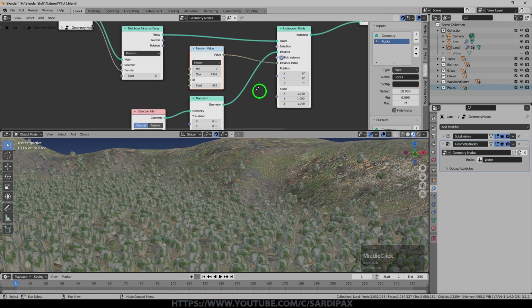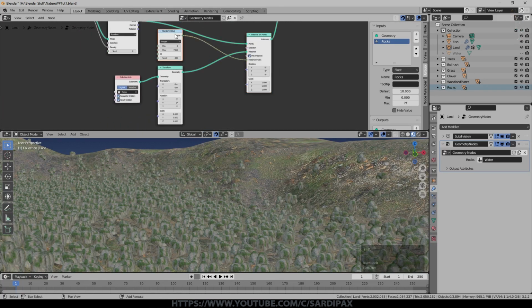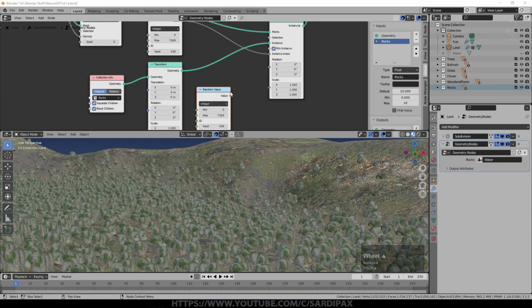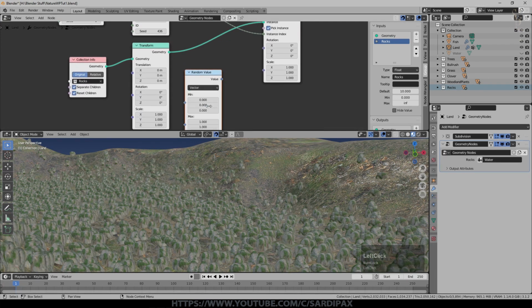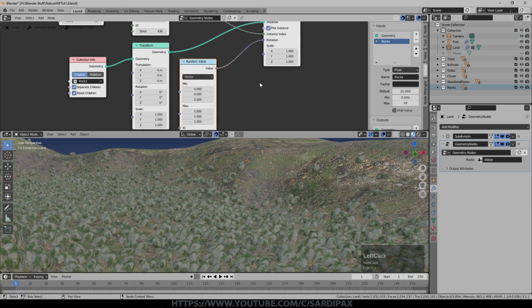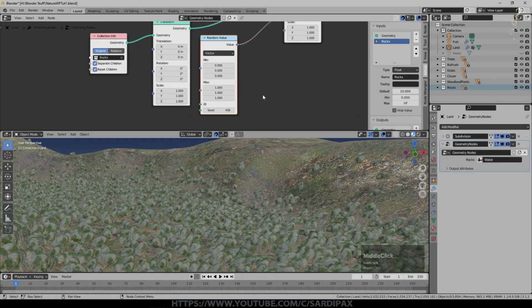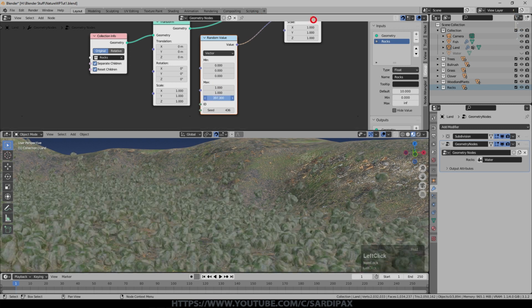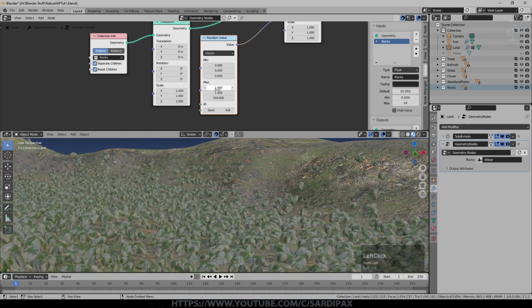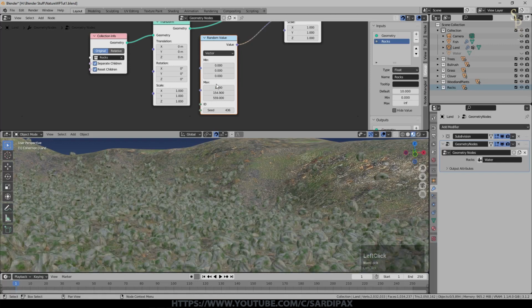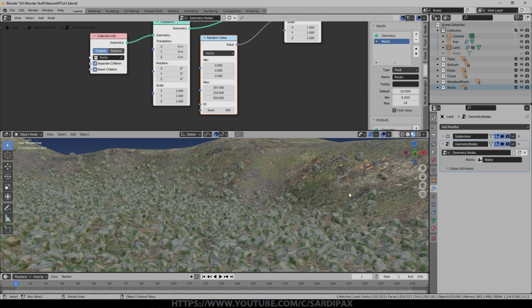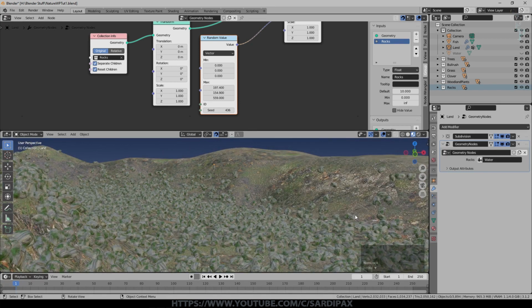They're all still exactly the same size though. So I'm going to grab that random value and put that here. And this time I'm going to change it to a vector because rotation and scale are vectors. So we're going to affect rotation first of all. We'll put that into there. And because this is Euler, we'll need much bigger numbers in here. So I'm going to put the largest number. We're going to go up to 400 or 500 in Z, but I'll put something on the others as well. I've just randomly selected something there. So now you can see in terms of rotation, we've got a much better distribution of the rocks.